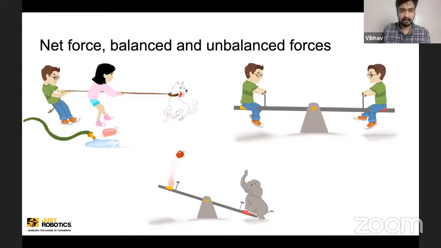Then the free body and the free body diagram, and what are the forces that are acting on a robot. If my robot has to go straight or on an inclined plane, what are the forces that will act on the robot? Before getting to that point, we have to establish that there are multiple forces that can act on a robot. So the net force acting on a robot would be the resultant of all the forces that are there. And if there is one force,